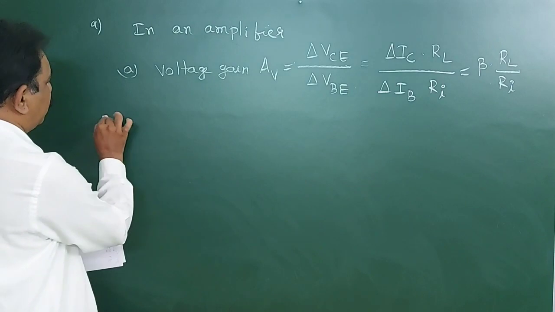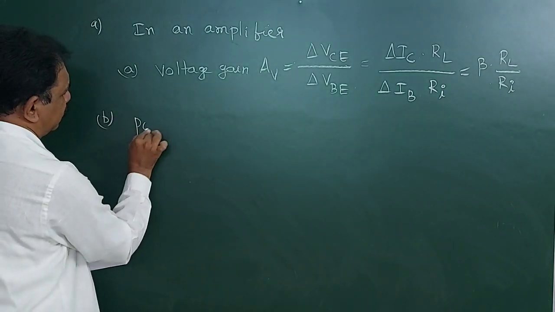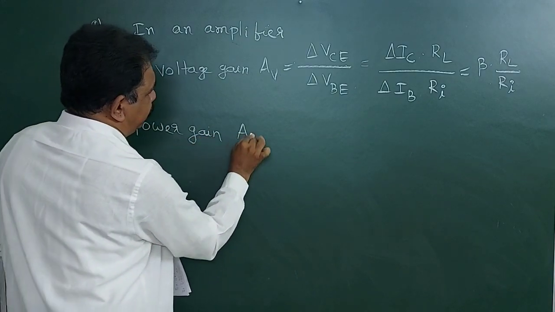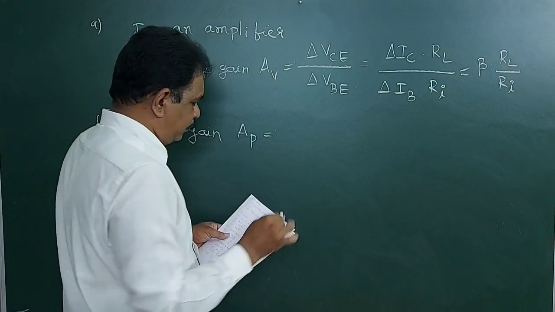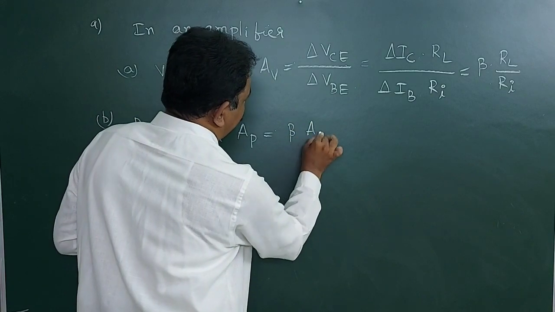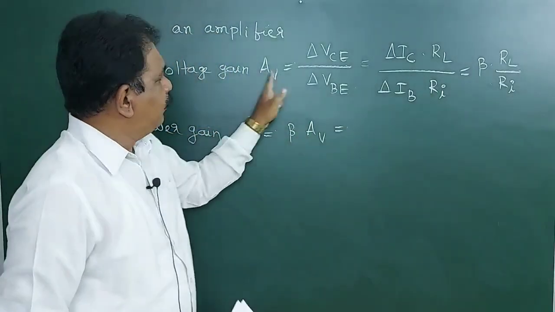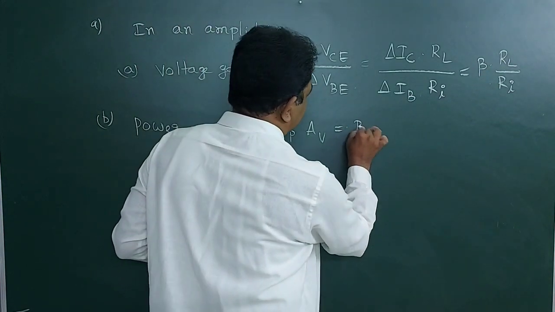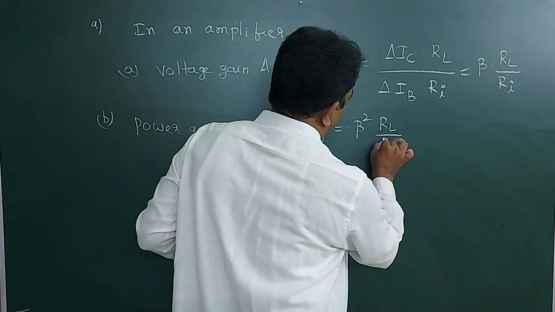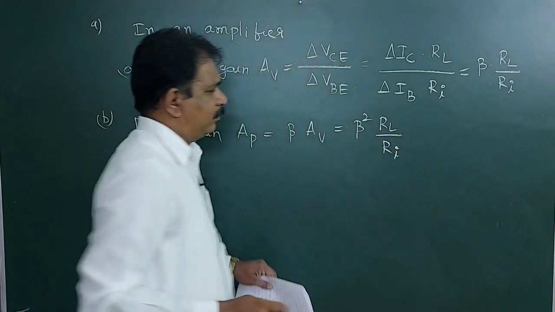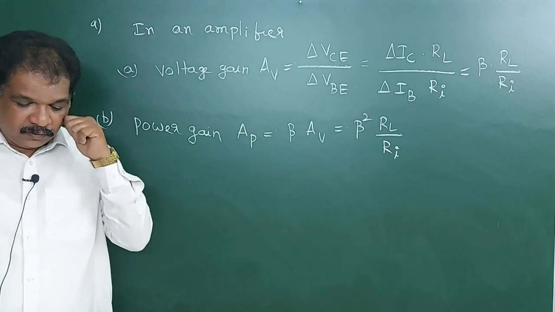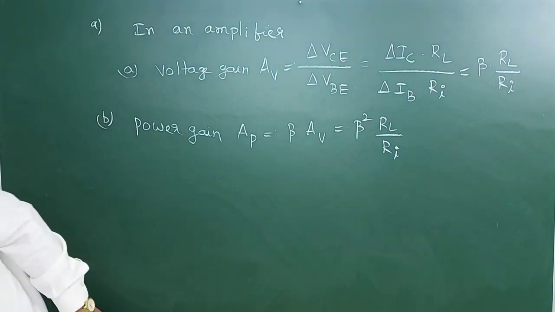Power gain formula: AP is equal to beta into AV. AV value is beta into RL by RI, so AP is beta square into RL by RI. So these formulas are required relating to the amplifier. Next,